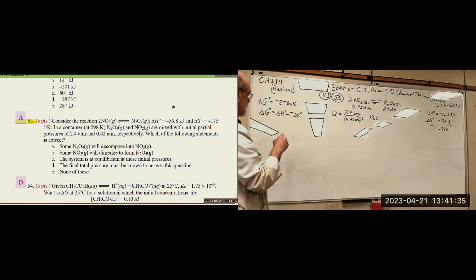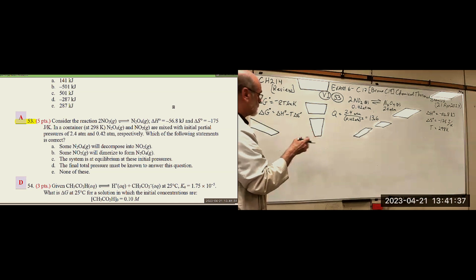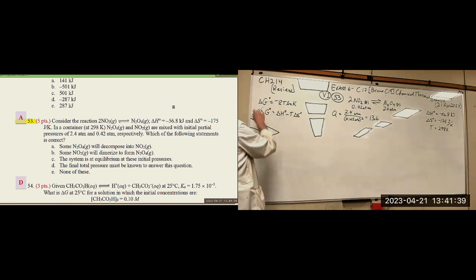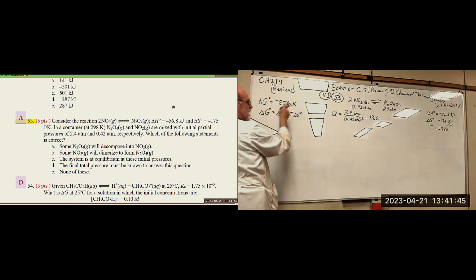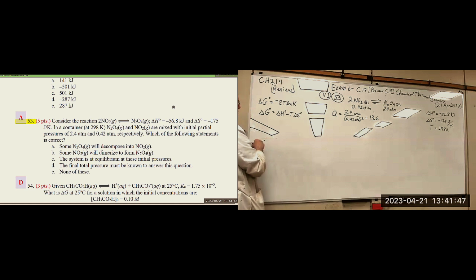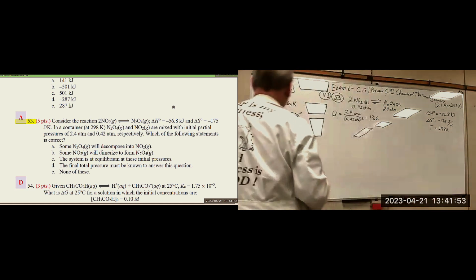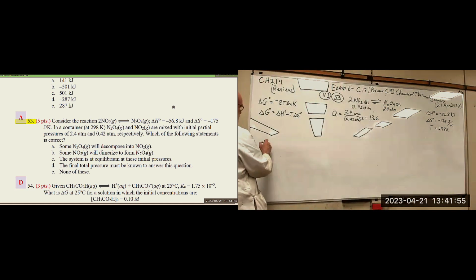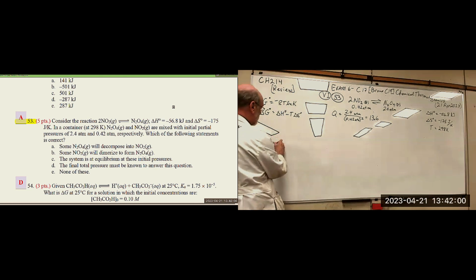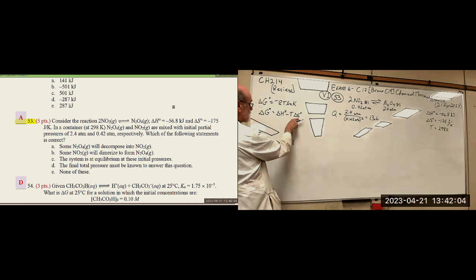Okay. So we could do it two ways. We could calculate this one and then put it in that formula, or the way I did it here was to combine these two and solve it for K. So let's do it one at a time this time. Okay, so we need to calculate delta G first. So delta G equals delta H minus 56.8. And since this is in